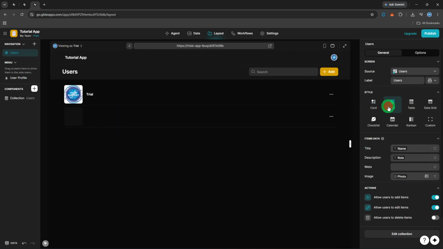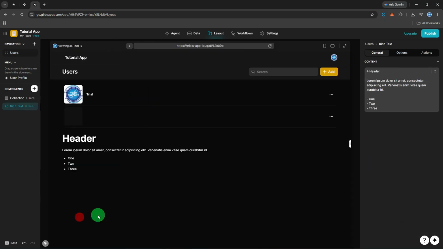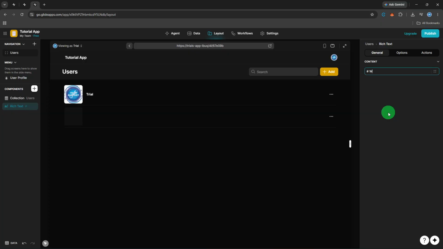and feel. To add interactive elements, click the plus button, Add Component on the left sidebar. After selecting a component, you'll configure its specific settings on the right sidebar. This might involve choosing what data it displays, how it behaves, or what actions it triggers. Finally, when you're ready to share your creation with the world, click Publish in the top right corner of the